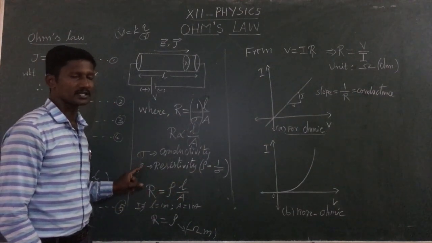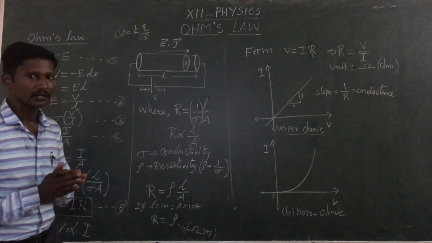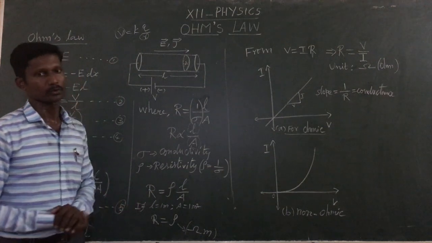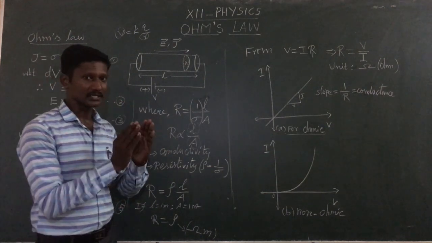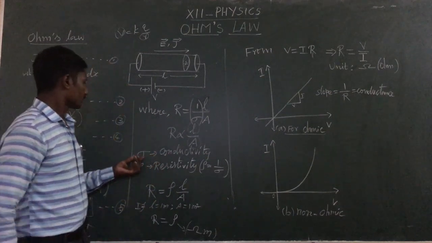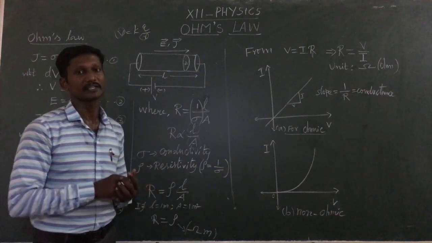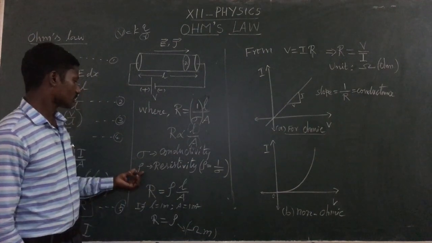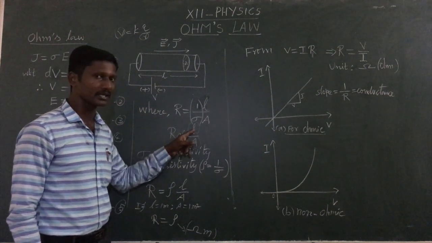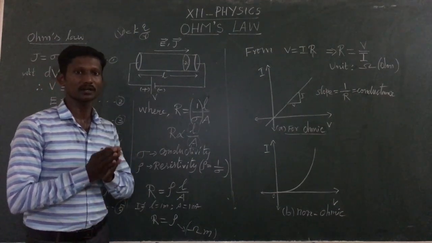Here conductivity and resistivity are independent of the dimensions of the conductor. A particular conductor or material has a constant value of sigma and rho. The conductivity value is independent of dimensions. It depends on the type of material. Then rho also depends only on the type of the material. It is independent of the dimensions of the material. Rho and sigma don't depend on the length and the area. Resistance only depends on the length and the area. So sigma and rho are constant for a particular material.